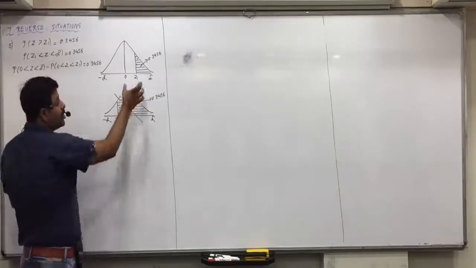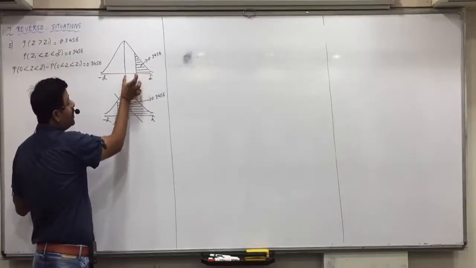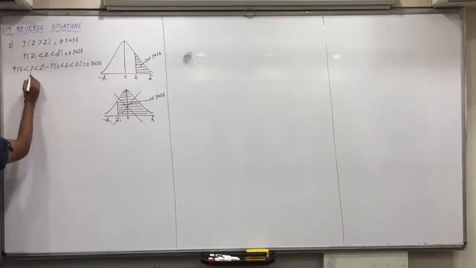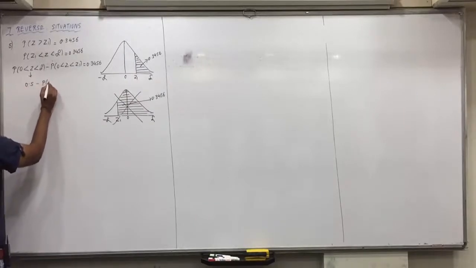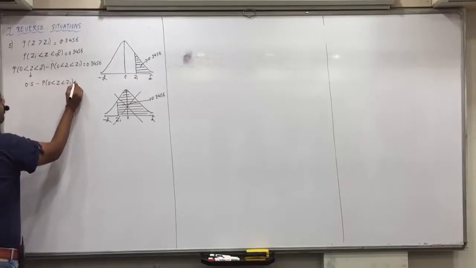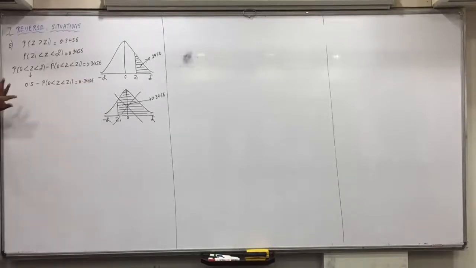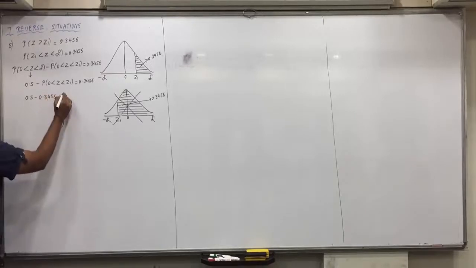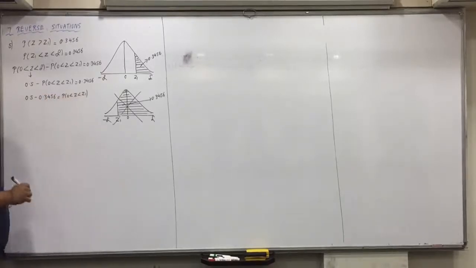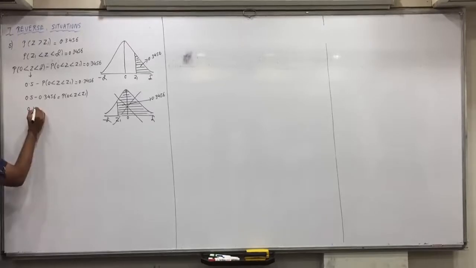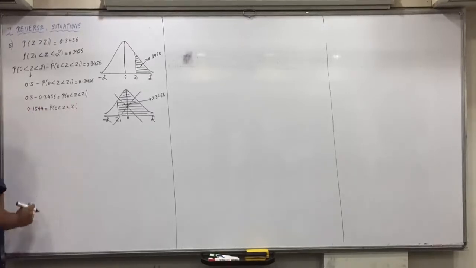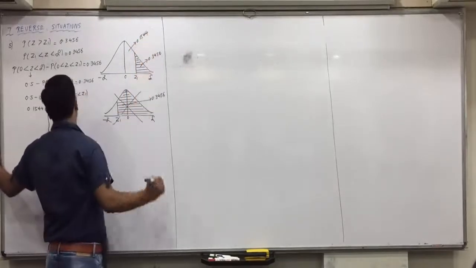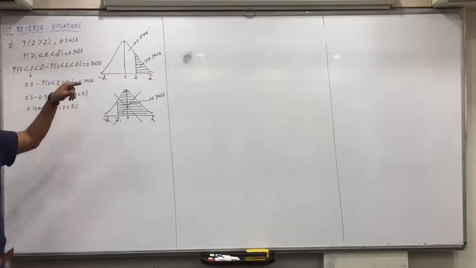How would we get this shaded region? 0 to infinity minus 0 to Z1. Which area do we know? 0 to infinity we know is 0.5, minus P of 0 less than Z less than Z1, equals 0.3456. Bring 0.3456 to the left side. So 0.5 minus 0.3456 minus P on the right side. So P of 0 less than Z less than Z1 is 0.1544, which means the 0 to Z1 area comes to 0.1544. In the table all the values are from 0. So now can we see the table or not?